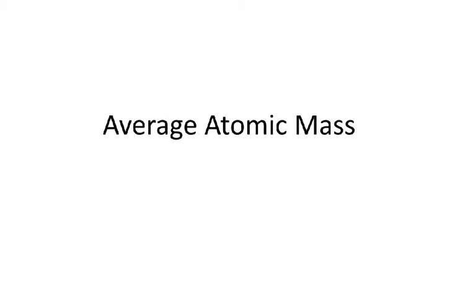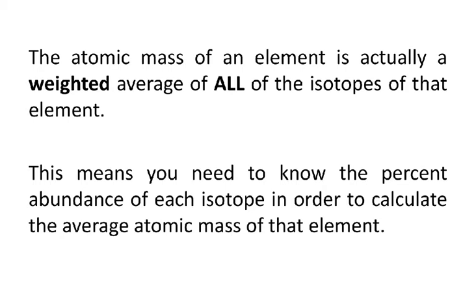Okay, tonight we're going to talk about the average atomic mass. Now, all of the masses that you see on the periodic table are average atomic masses. They are weighted averages. Basically, they take into account all of the isotopes of that element in order to calculate. So, it's the mass numbers of every single isotope out there based on the percentage that each one of them is around. Okay, so the atomic mass of an element is actually a weighted average of all of the isotopes